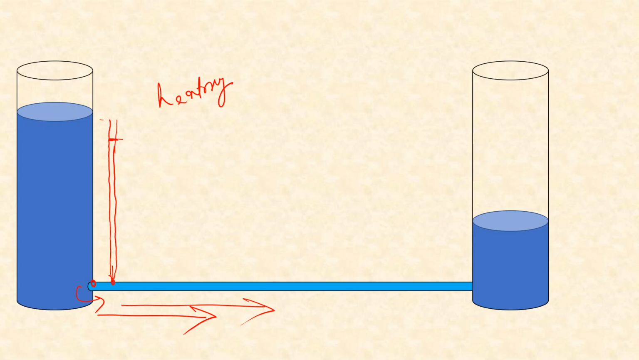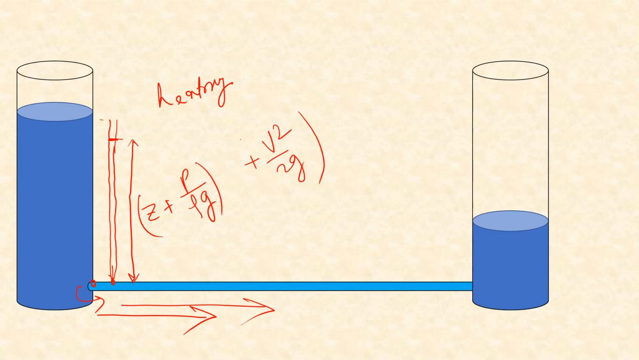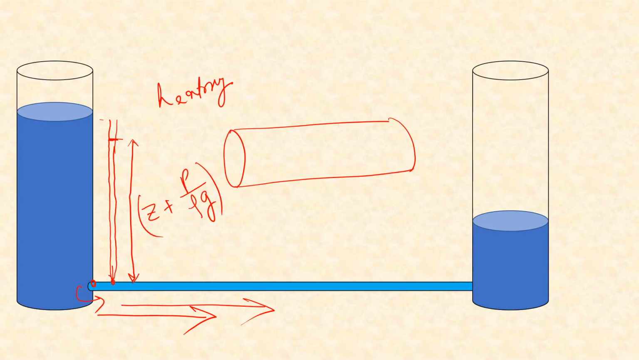But this is only measuring the datum and the pressure head, which is Z plus P by rho g. The velocity head, which is V square by 2g, cannot be measured using a piezometer, but it can be measured by using something called a pitot tube. A pitot tube is, if you have a pipe like this and flow is taking place in this direction, then a very small tube of L shape is inserted into the flow and then connected into the